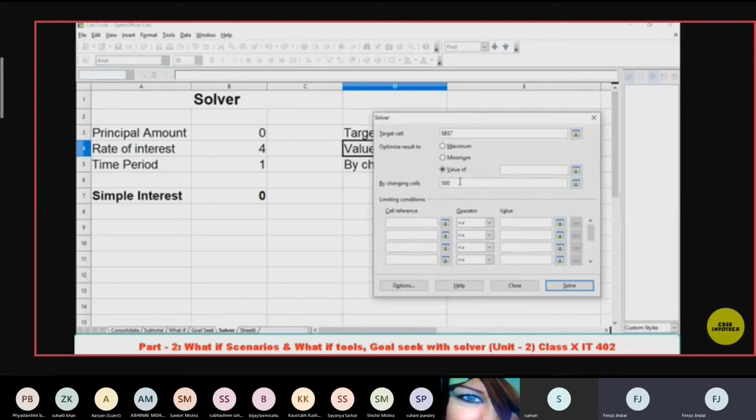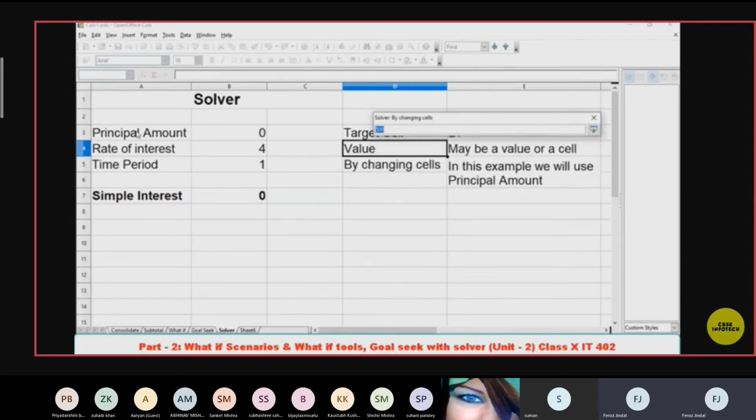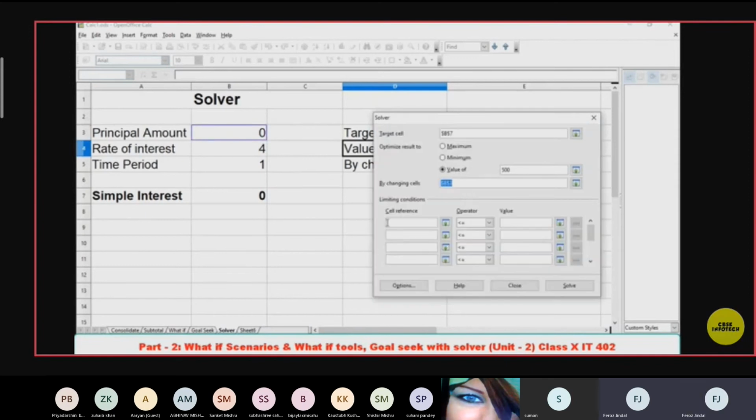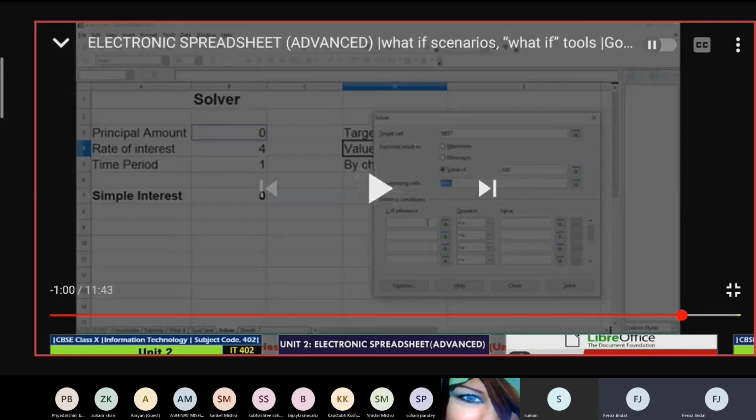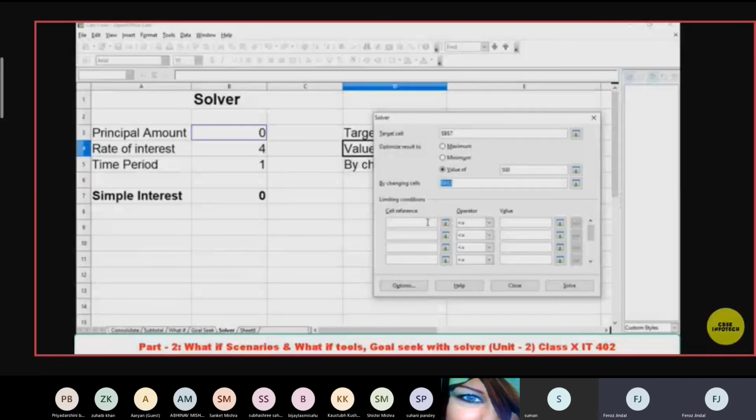Let us say 500, I want output of 500. Now I'll keep the value 500 that side, and I have done the by changing cell.